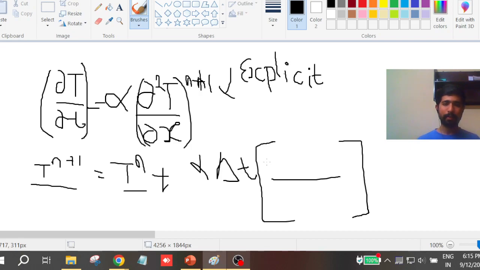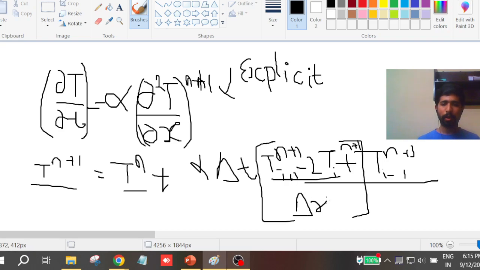Okay, so that's the main difference here. So we end up with equations something like this: minus 2T plus T at n plus 1, at i plus 1, i and i minus 1, divided by delta x square. Now